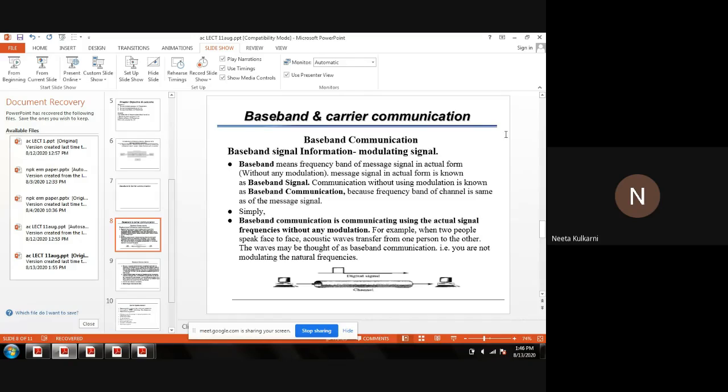For example, you are doing a mini project in your college, as a part of academics you are doing some small project. So there the range of the distance between transmitter